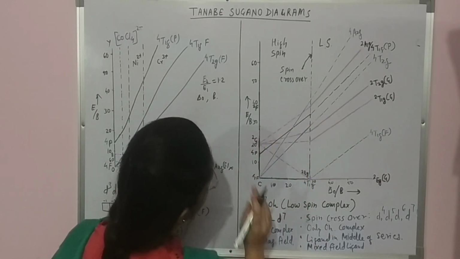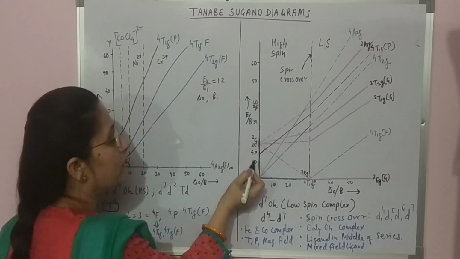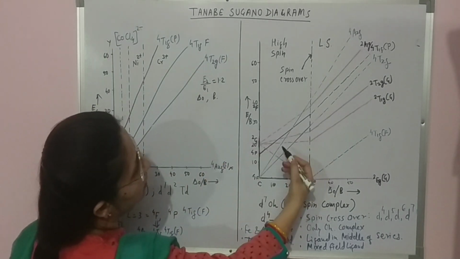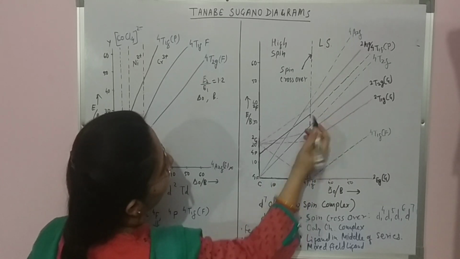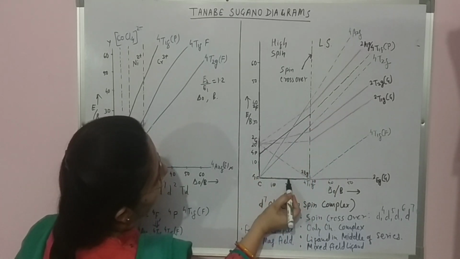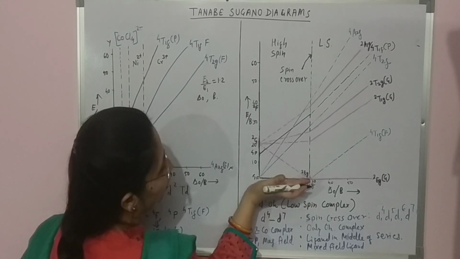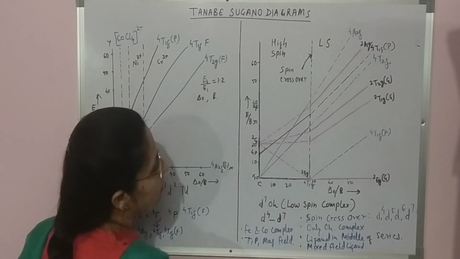So these three lines are there, and in addition to this, the same multiplicity term is 4P. So 4P also has one excited state term, that is 4T1g, so 4T1g is also given here. So these total 4 lines are there, out of which one is forming the base of the diagram, or x-axis of the diagram. In addition to this, we have 3 excited energy levels.